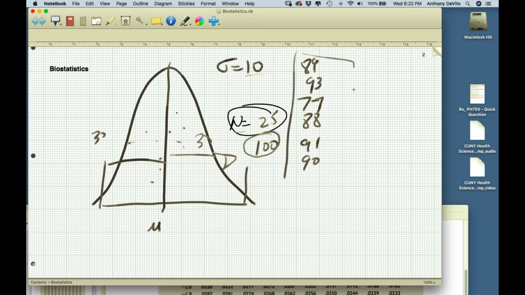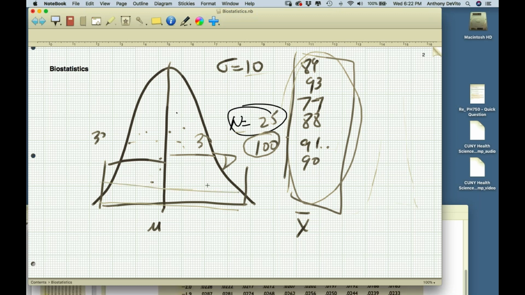Now I take those numbers and I find the average of all of those sample means, right? Not the average for the population, the average for the sample means. Are they going to be more spread out or less spread out? If I draw another distribution for them, the way they're spread out, are they going to be spread out more, less, or the same as my population? How about you guys online? What do you think? More, less, or the same? How spread out will those numbers be?